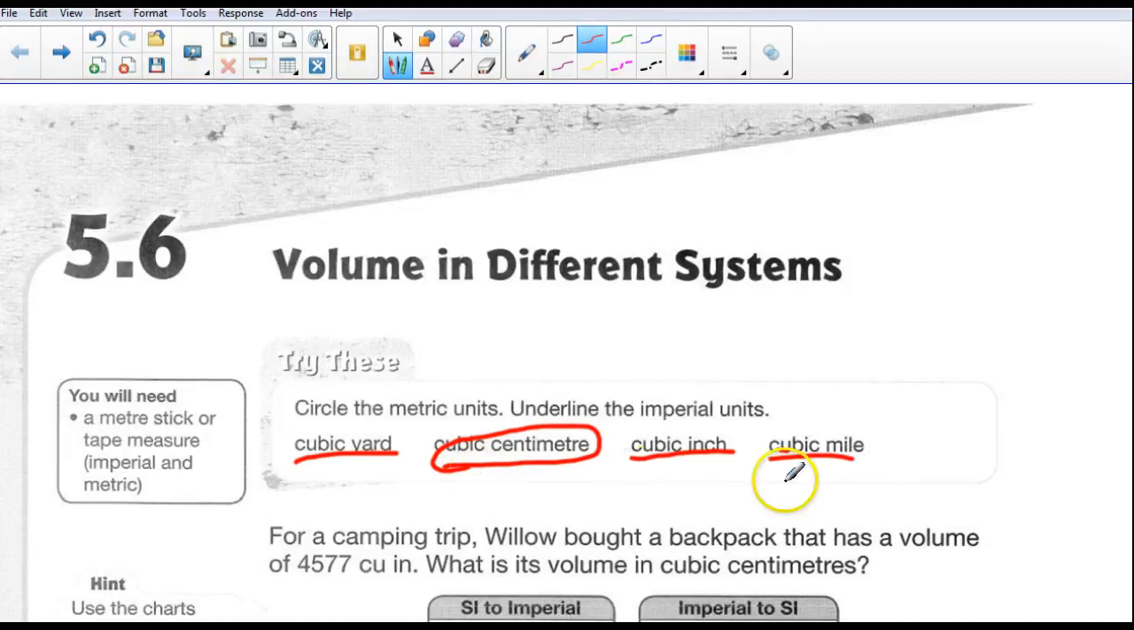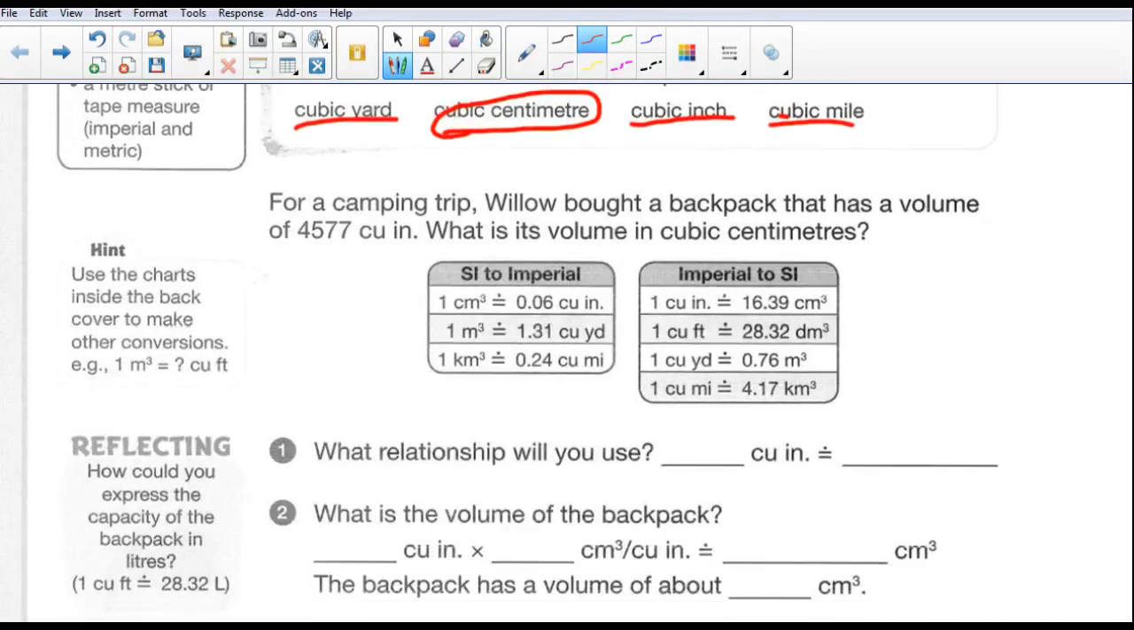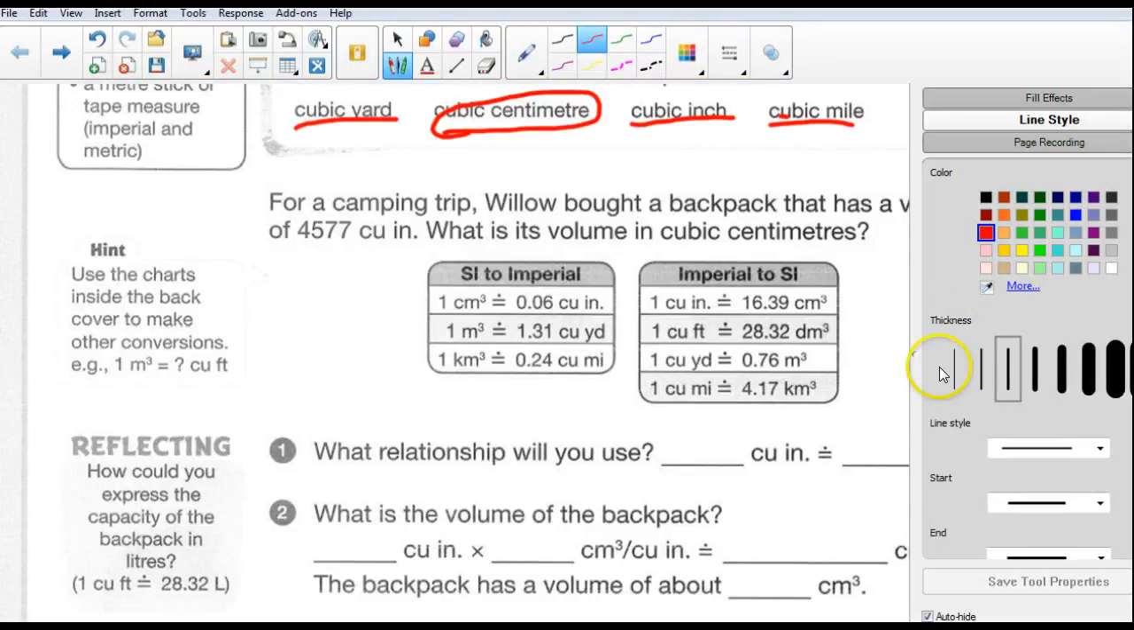Okay, so let's go ahead and do an example here. For a camping trip, Willow bought a backpack that has a volume of 4,577 cubic inches. What is its volume in cubic centimeters? So you can see right here,